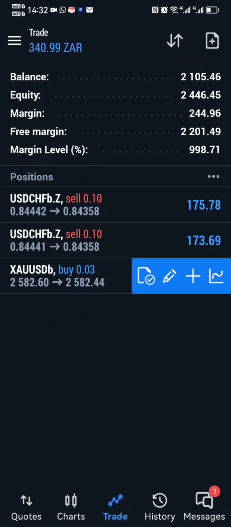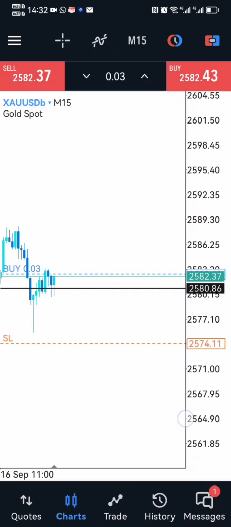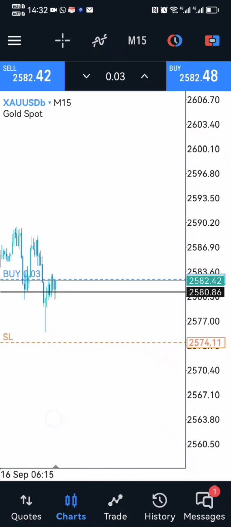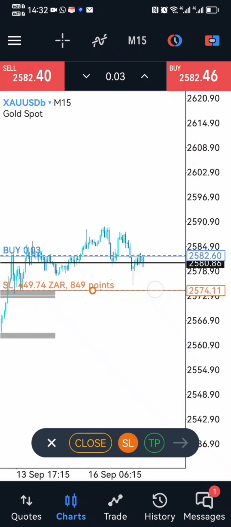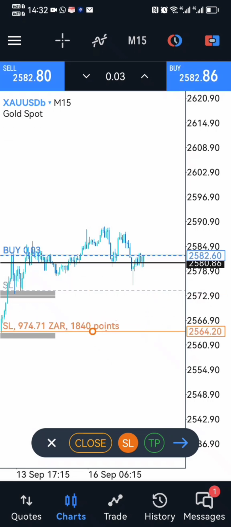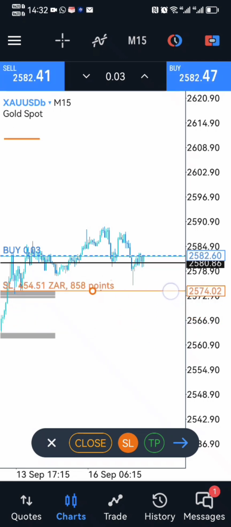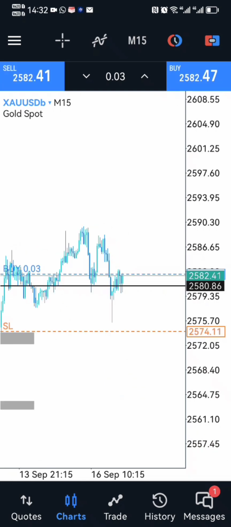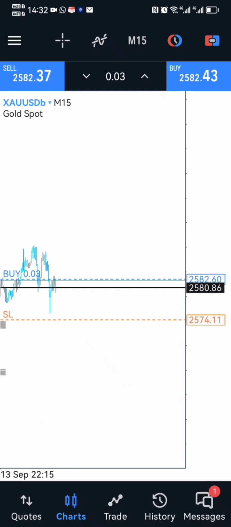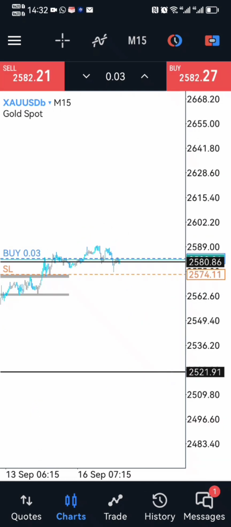Gold hasn't moved that much. As you guys can see for gold, I'll go over to TradingView and show you why I took the trade. But there's the stop loss. I tried to give my stop loss a little breather there. So we'll see how this one is gonna run. We've taken one loss today, and this is our third trade, and I think this would be enough trades for the day.